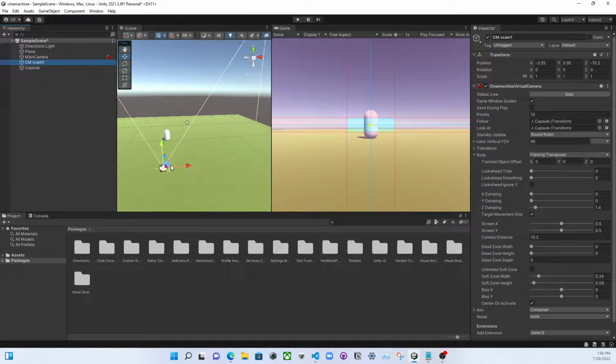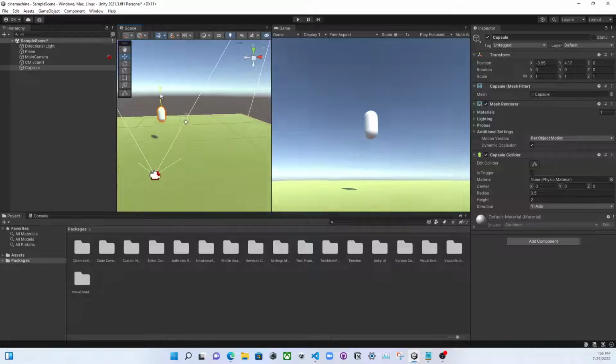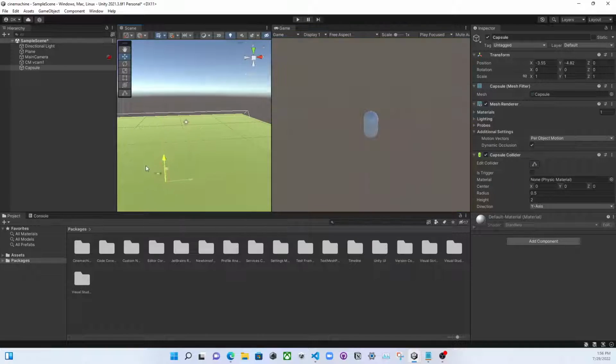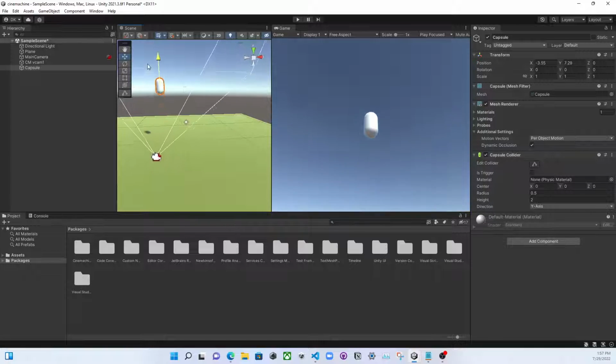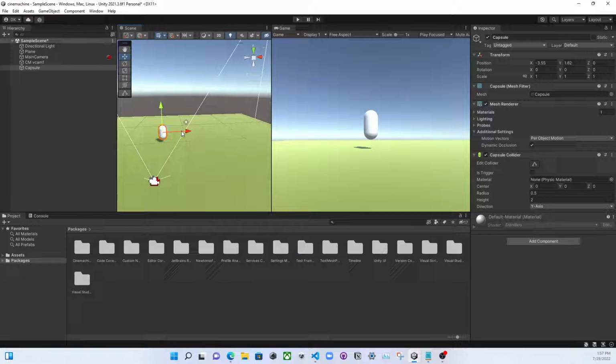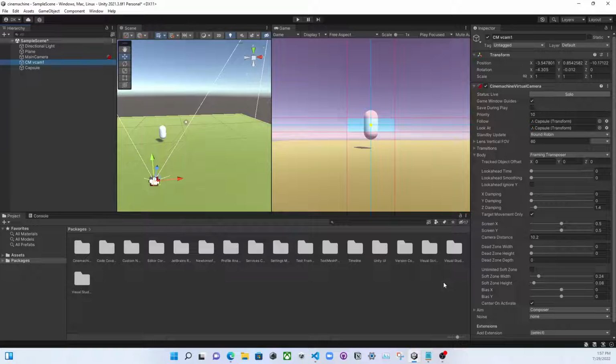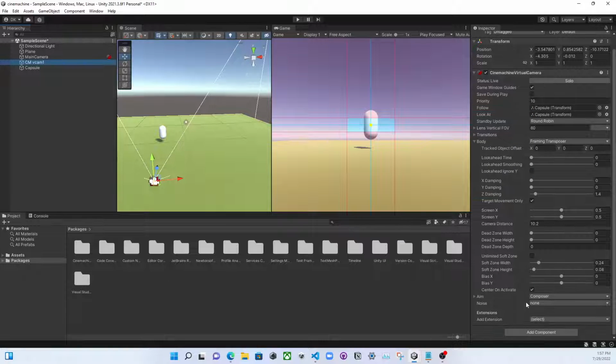And you can see the movement a little bit too here, which might be interesting. See how it kind of does a little lag? Before it moves, it's kind of hard to notice that it's so small. But that's not super important right now. Let's just focus on the camera. So we talked about dead zone, soft zone, and we said let's adjust this. This can be kept the same, center on activate, yes. And then let's